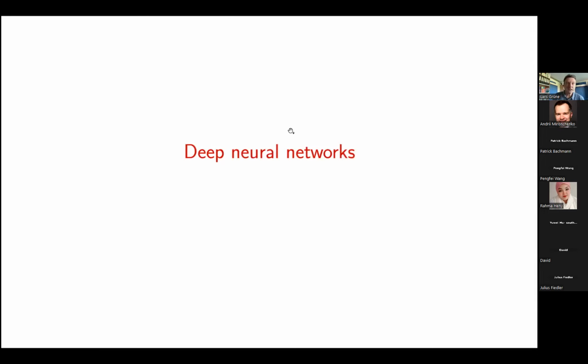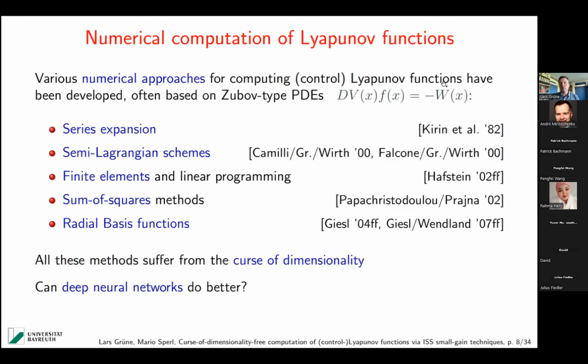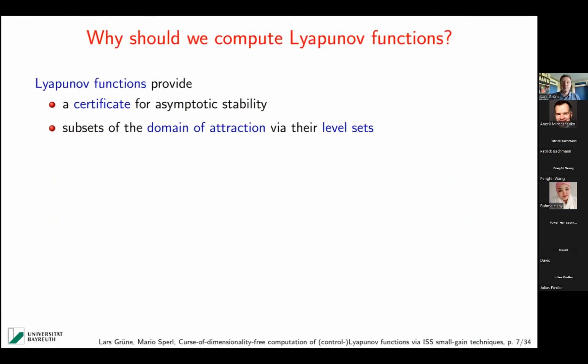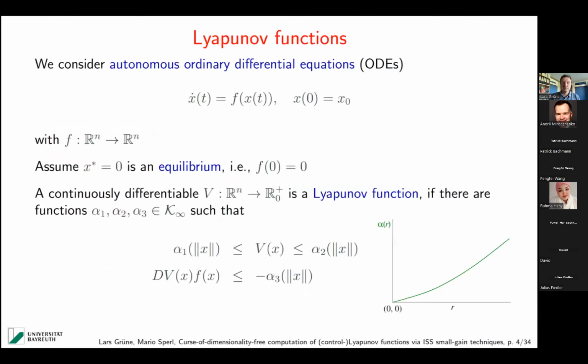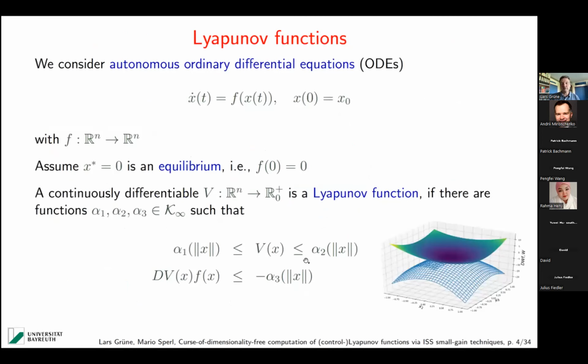There's a question in the chat. Let me answer that immediately. What is the W function in the PDE? Well, I've written it in the way that Zubov wrote it with this W, but what it actually is usually is simply, if you go back to the definition, it's exactly this minus alpha 3 of norm of x. You call this minus W, and then this is the W. But you can do more complicated things. So it doesn't need to be of that form. This is why I called it W. But essentially, if you come from here, then you would use exactly this alpha 3, right? So I hope this answers the question.